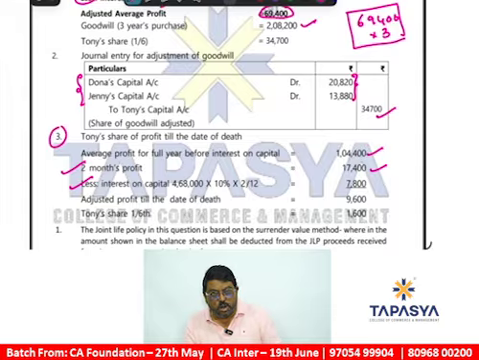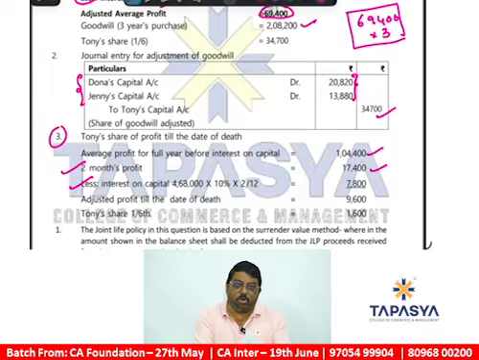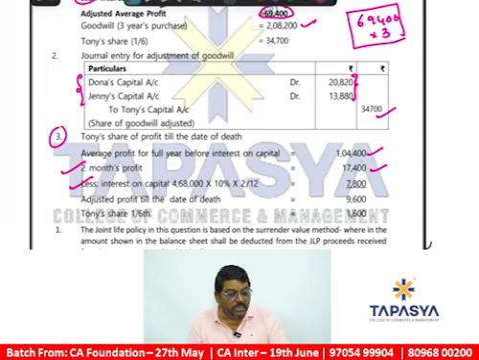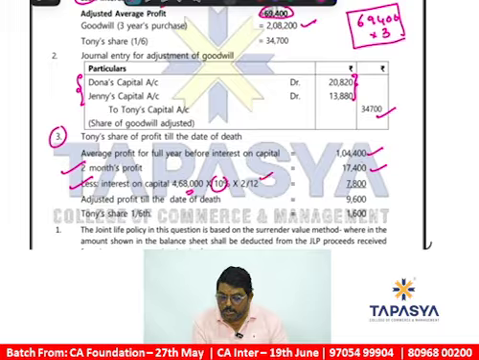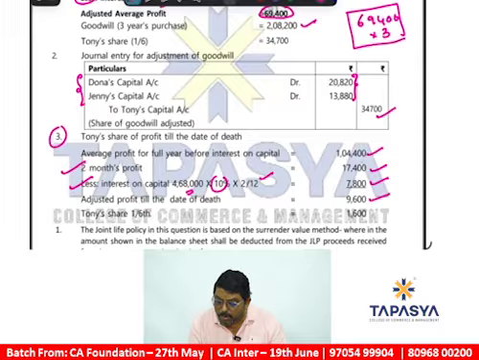But here you should not take the average capital. This year you know the capital already in your balance sheet. Please check your balance sheet. Donna capital 1,60,000, Jenny capital 1,88,000, Tony capital 1,20,000. So total capital 4,68,000. This is the capital you have to take. 10% into 2 months, 2/12. The interest is 7,800. After charging 2 months' profit and related 2 months' interest,